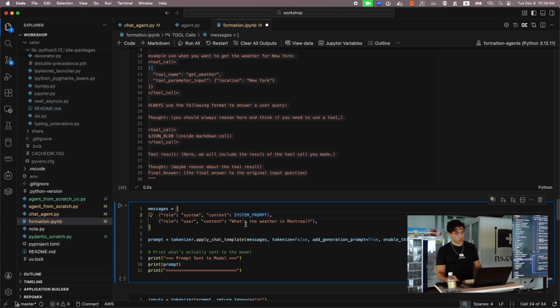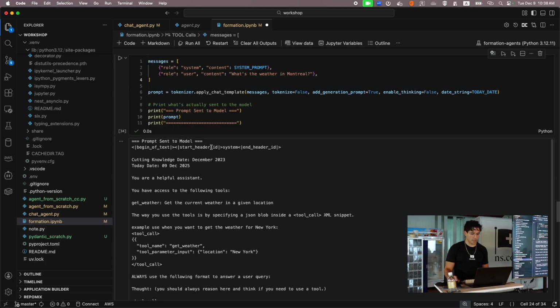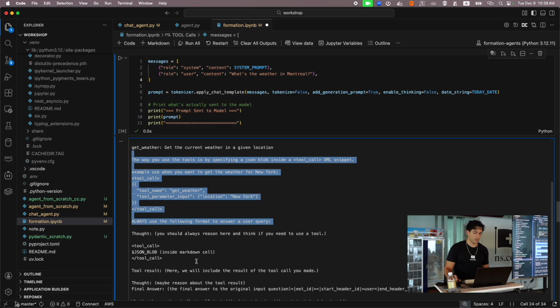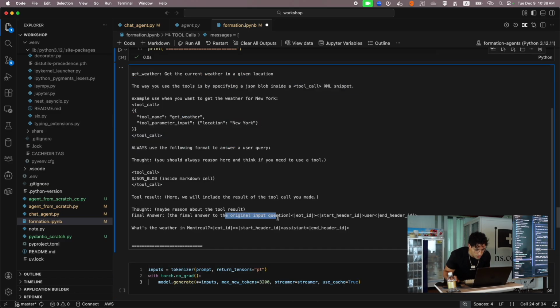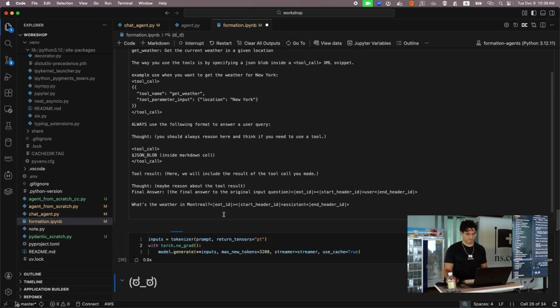And my user prompt will be, what's the weather in Montreal? So if we see how it gets formatted, we see that the system prompt starts here with all of these special tokens. You are a helpful assistant, you have access to the following tools, all of the system prompt that we read together right now, up until this point here. And then there's the user prompt that starts here, and the user question, which is, what's the weather in Montreal? Now if I give this prompt to the model,